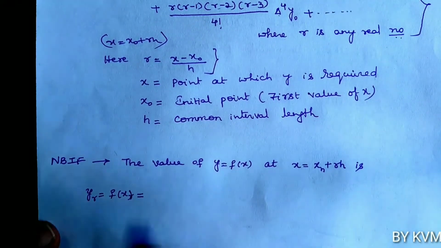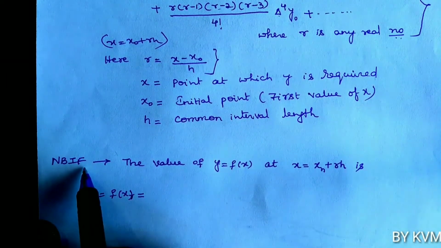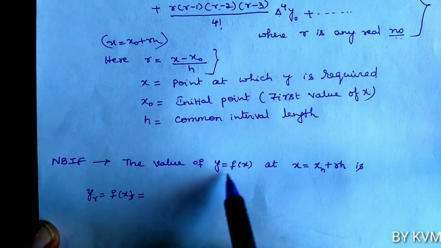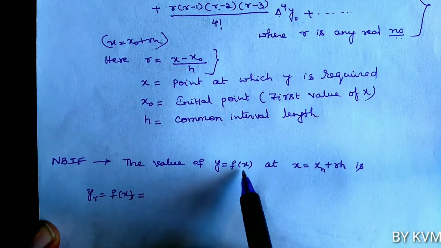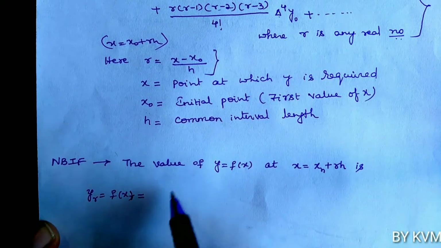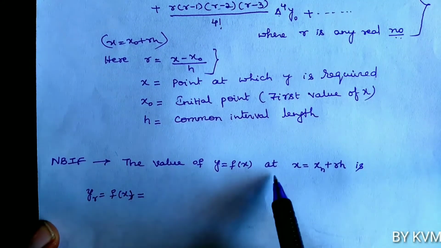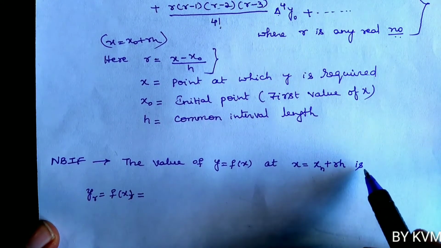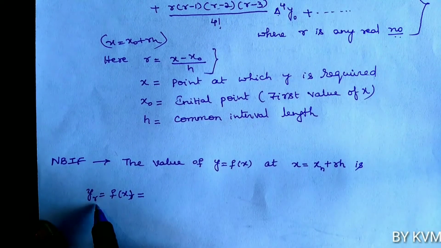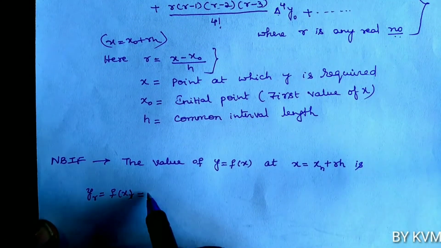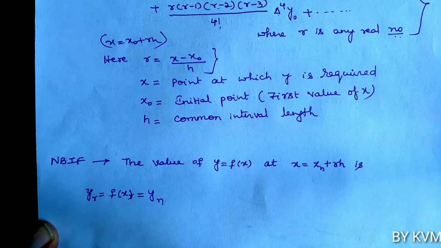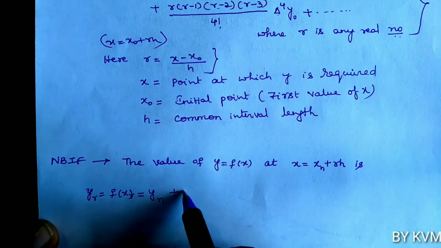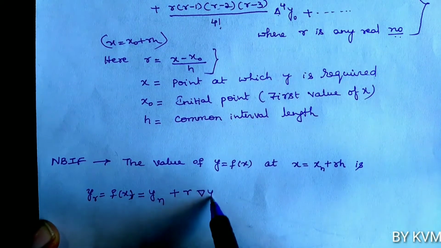Now, Newton's backward interpolation formula, NBIF. Here also x is the independent variable and y is the dependent variable. For any given value of x, we can find the value of y. So the value of y equals f of x at x equals xn plus rh is yr equals f of x equals, the first term is yn. So yn is the last value of y, plus r into nabla yn